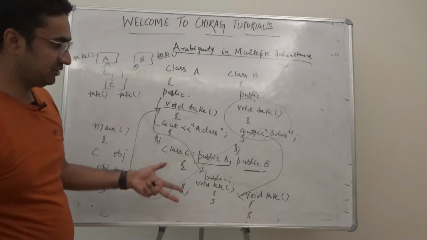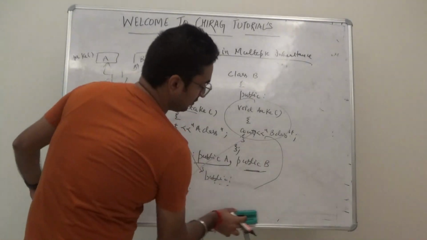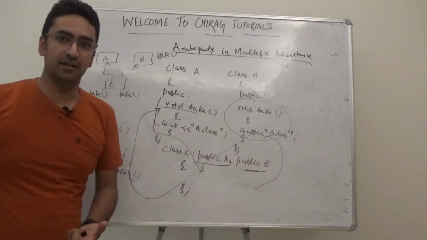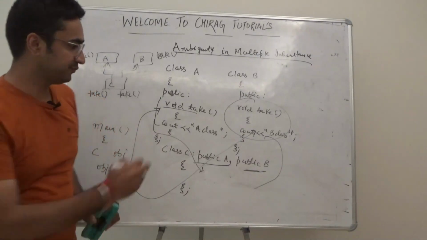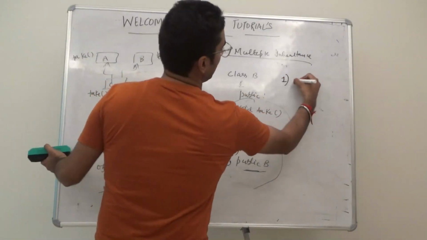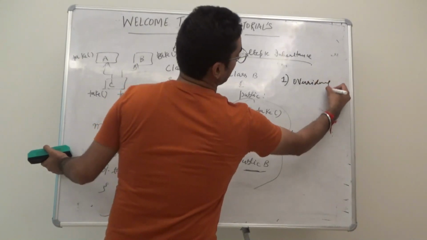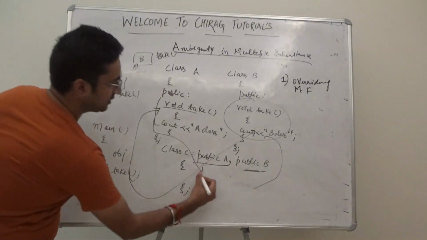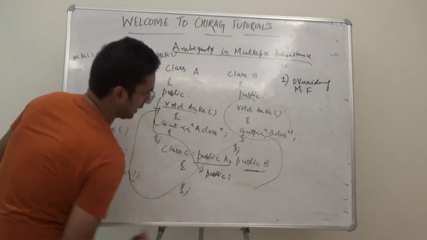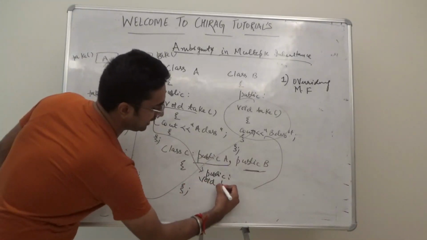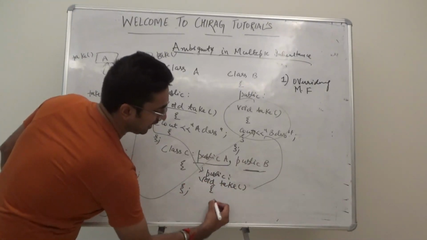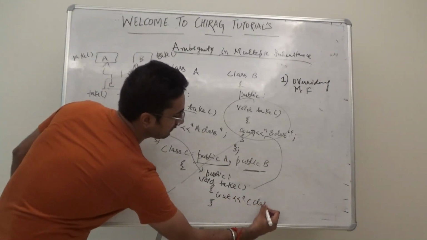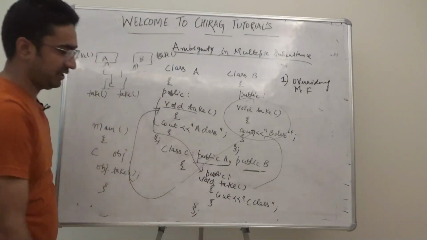So this is a situation and we don't know which take function to get called, so this is definitely an error. So how to resolve this error? There is one way of resolving also. The first way is if I create an overriding member function. If I create the public section of class C and I just write void take, another take function, and I'm just putting inside it cout C class, and I am solving it.